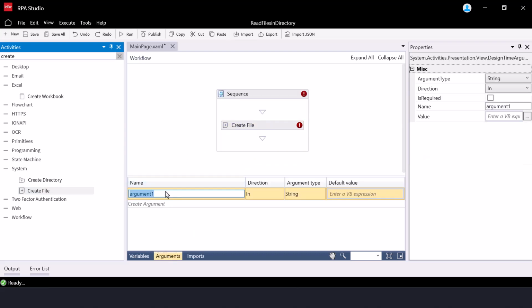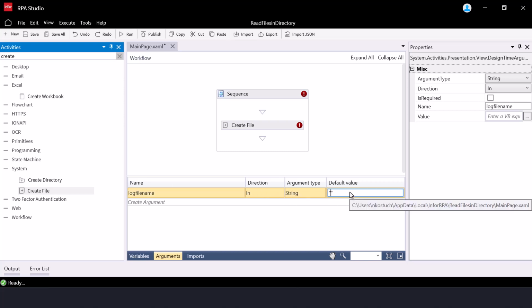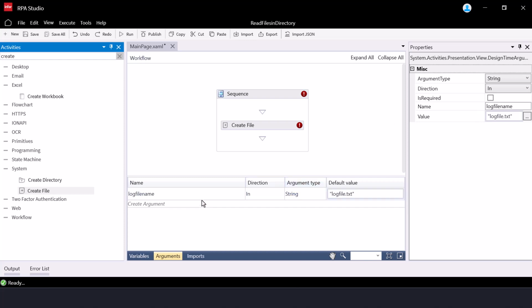To do so, we'll create a few arguments and a variable. Arguments are the process variables, which once the flow is published, can be changed depending on where the flow will be running. Let's create the following arguments. For the target file name property, which should contain the name of the log file and the extension, let's create an argument log file name of type string and default value